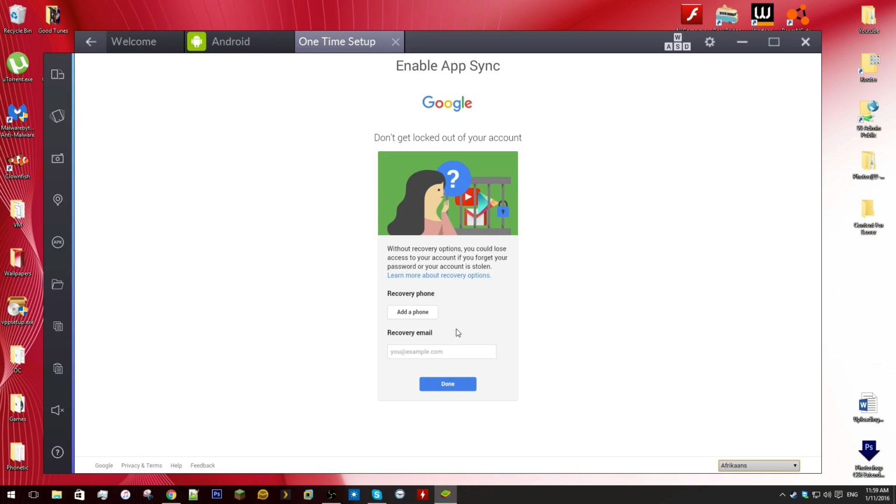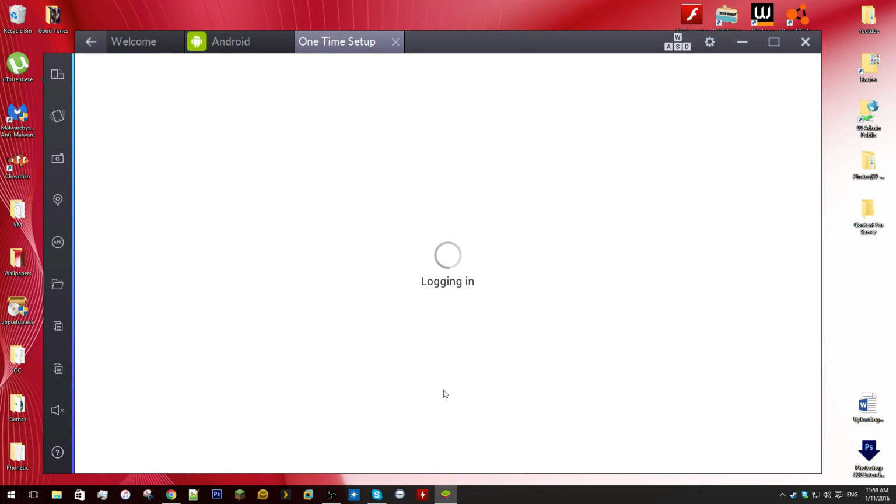Once you've entered your username and password, Google is going to tell you, if you do not already have a phone number registered with your account, to set one up. You can just skip this if you don't want to right now. Google is going to log you in, and you have completed the one-time setup that you have to do before